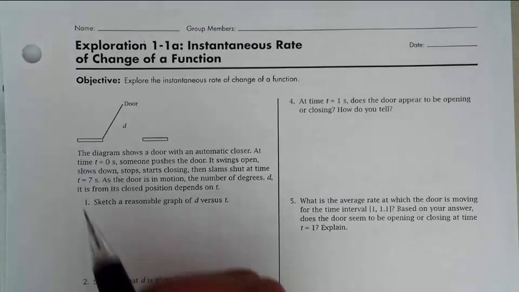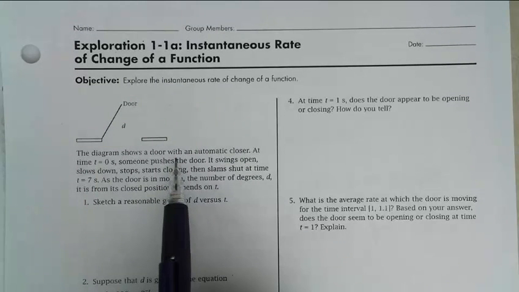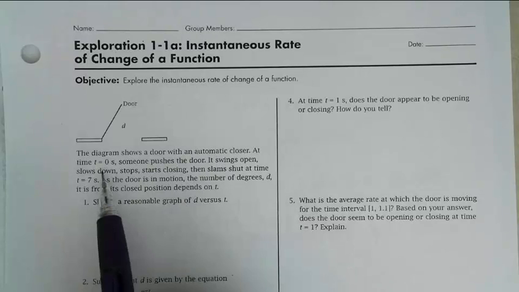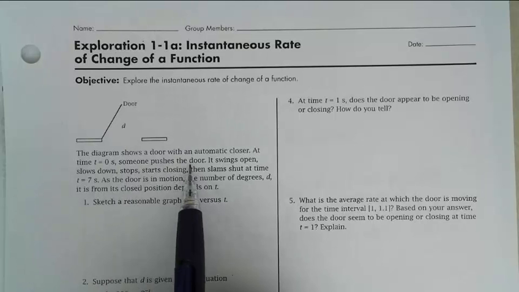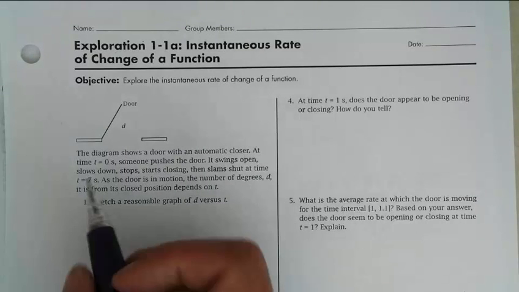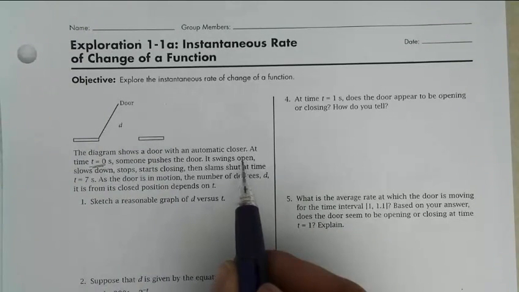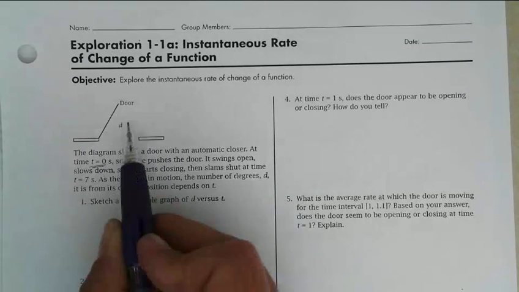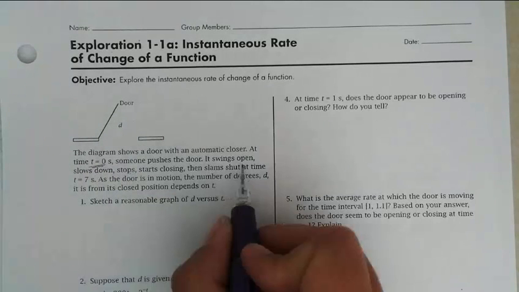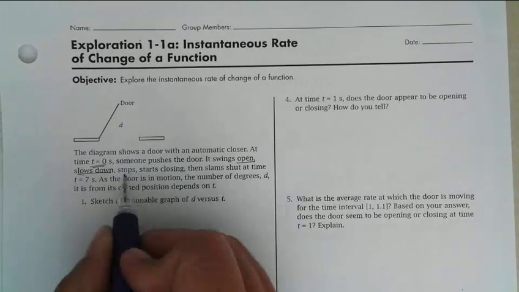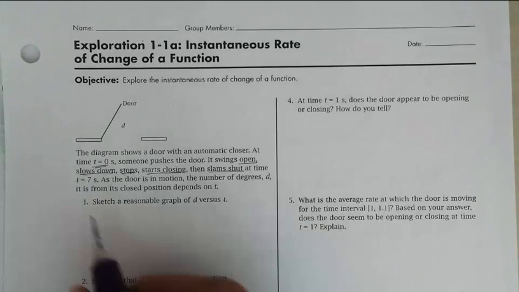So we have a door, and the diagram shows a door with an automatic closer. At time t equals 0, someone pushes the door. Okay, that's at time equals 0. That's important. It swings open. And then it slows down. Okay, so it's swinging open, it slows down, then it stops. So it goes open, slowing down, stops, starts closing again, and then it slams shut at time t equals 7